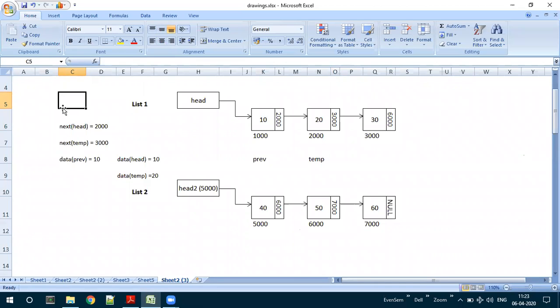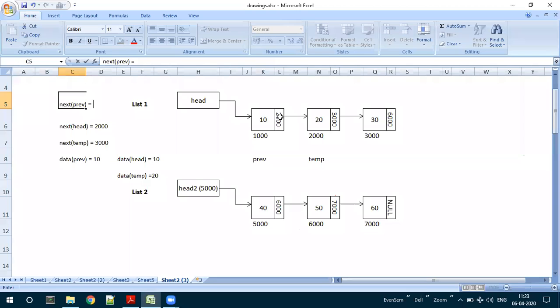In the same way, suppose next of previous. What is next of previous? 2000. Previous is pointing to what? 1000. So what is next of 1000?